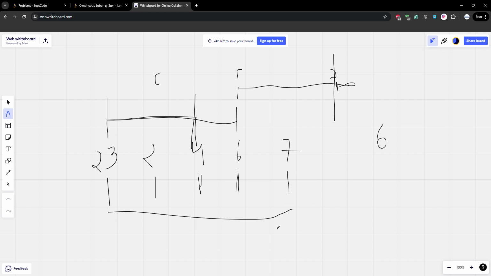Let us say we want to find a subarray ending at index 0, 1, 2, 3, 4 here, which is the n minus 1 index. So now we find the sum of the subarray ending at index n minus 1, beginning at n minus 2 or n minus 3 or n minus 4, whatever, and see if the sum is divisible by 6, where in this case k is 6.